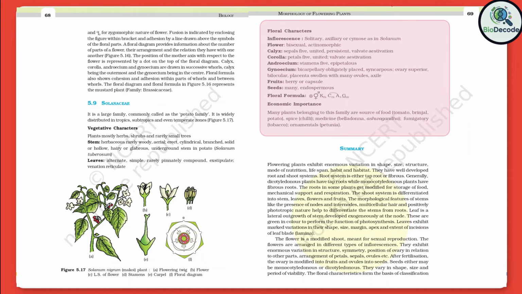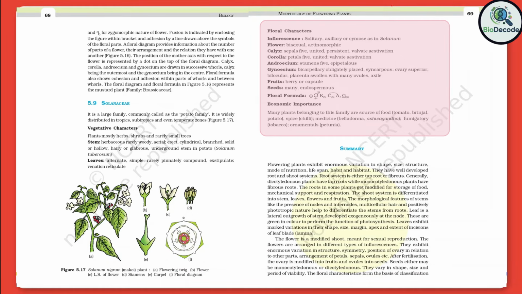Flower bisexual, actinomorphic. Calyx: sepals 5, united, persistent, valvate aestivation. Corolla: petals 5, united, valvate aestivation. Androecium: stamens 5, epipetalous. Gynoecium: bicarpellary, obliquely placed, syncarpous, ovary superior, bilocular, placenta swollen with many ovules. Fruits: berry or capsule. Seeds: many,